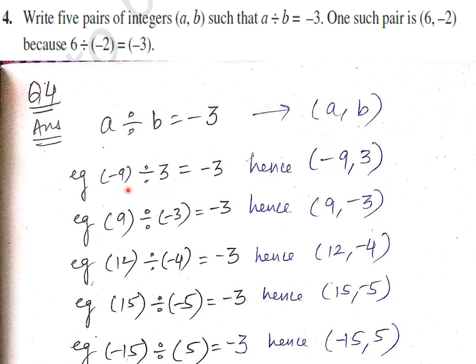Similarly, you could have taken minus 36 and 12, because 12 3s are 36. We would have got a minus sign. Similarly, you can see these 5 examples. See the last one. I have done minus 15 divided by 5. It is 5 3s are 15. One negative sign is there. So I have got a negative sign. Just pause it if you want to write it down and write it down together. If you can do, it would be good if you try to find your own examples. Okay.